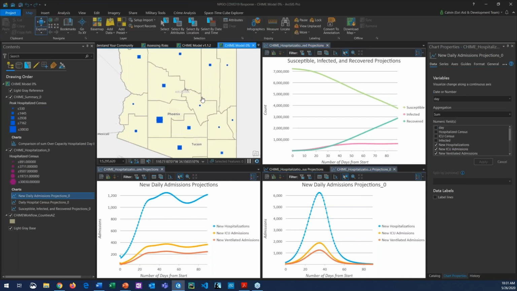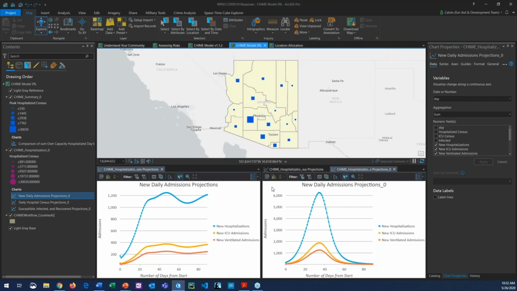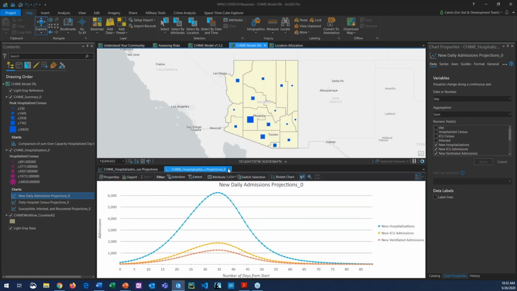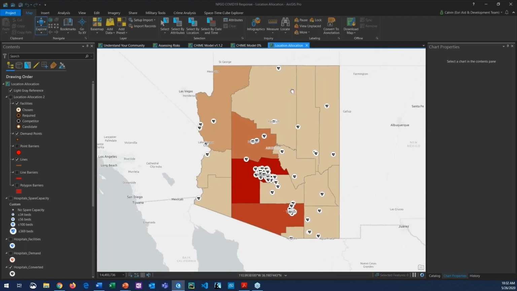And how we see our users using this CHIME tool is that they run it every morning when they have a new set of data from the field, to understand how their policies are impacting the spread of the virus. So of course, this model is not perfect, but they're using this model and other models in conjunction to inform their decision making. So let's move on to our final demo, which we're going to use to understand how to